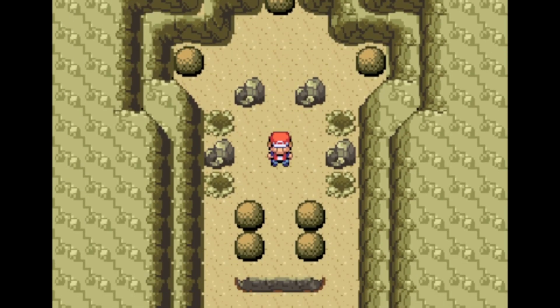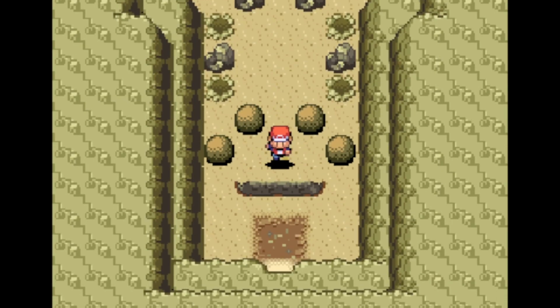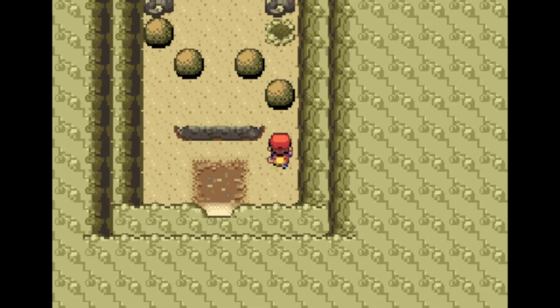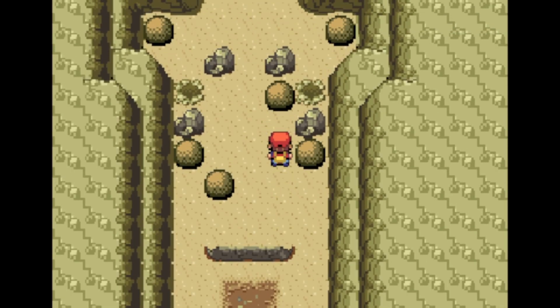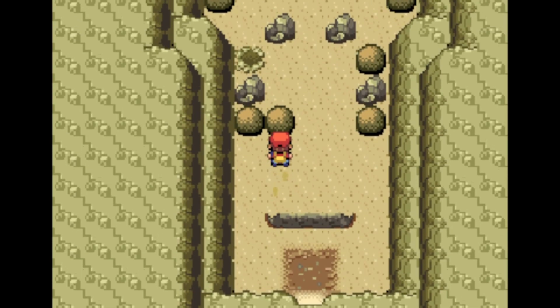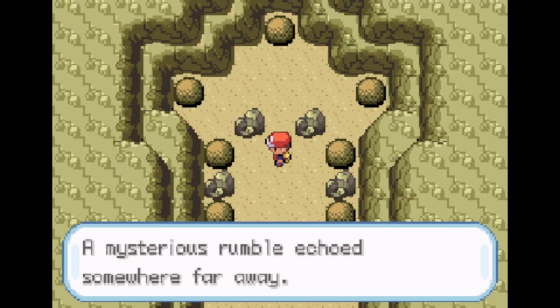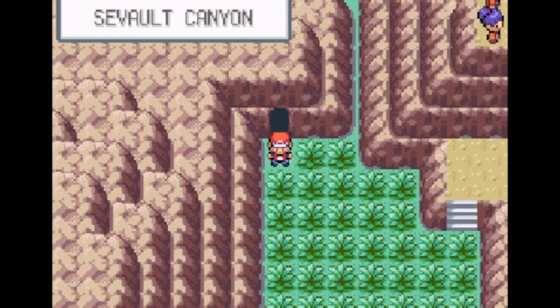So this means that I can't push those rocks up because of the ledge, so I have to do this. This was right. And then back up here. And then, yeah, look at that. Okay, a little bit of trial and error, but hey, we did it. Some violent shaking is happening now. A mysterious rumble echoed somewhere far away. So now that that's taken care of, we can continue heading down this canyon as we run into more and